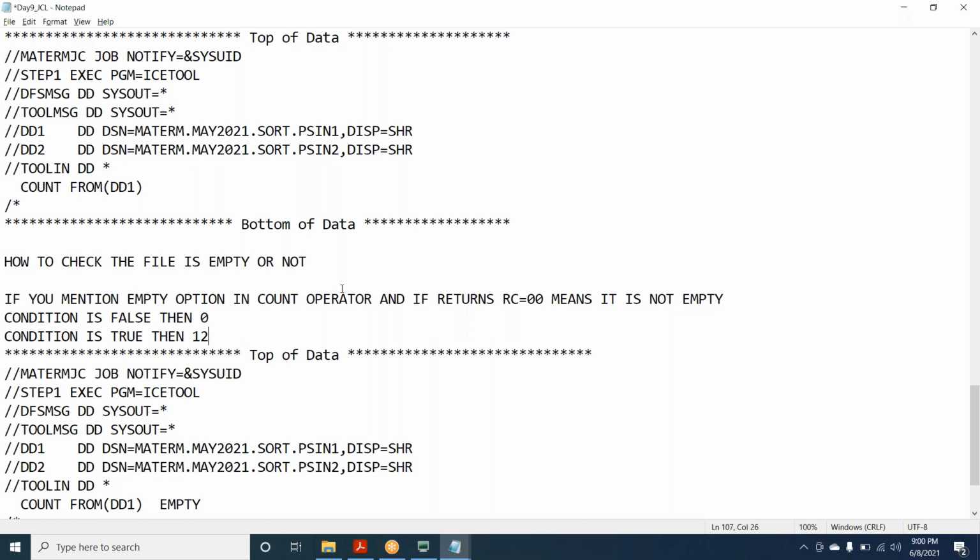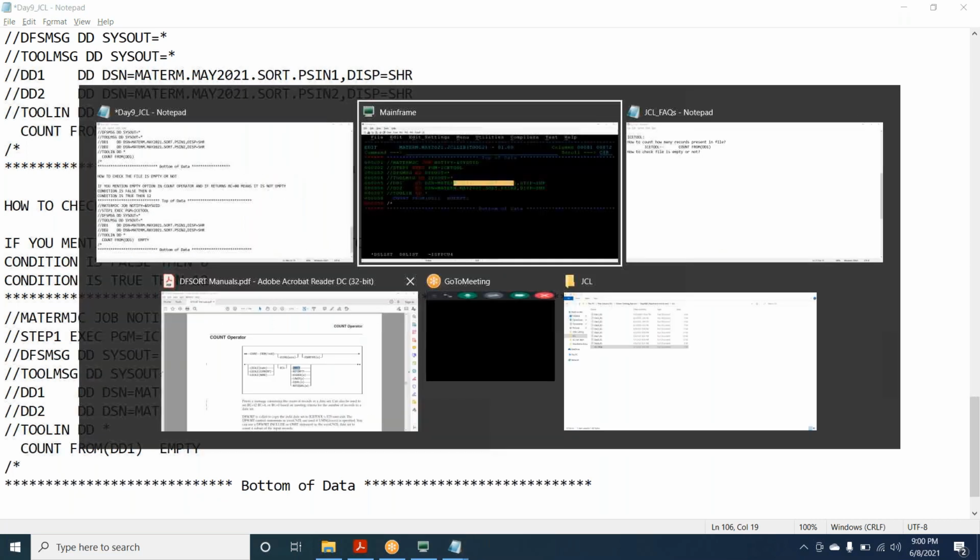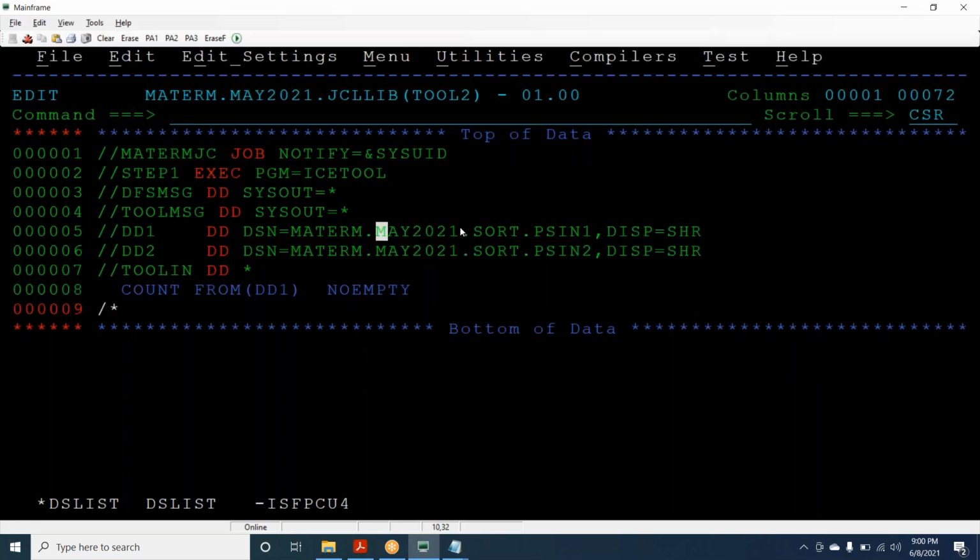You will get some return code. So empty is equivalent to: this file has data, yes, 0. So the condition is false, 0. Now no empty, this file also has data, so it will return true, it throws 12.